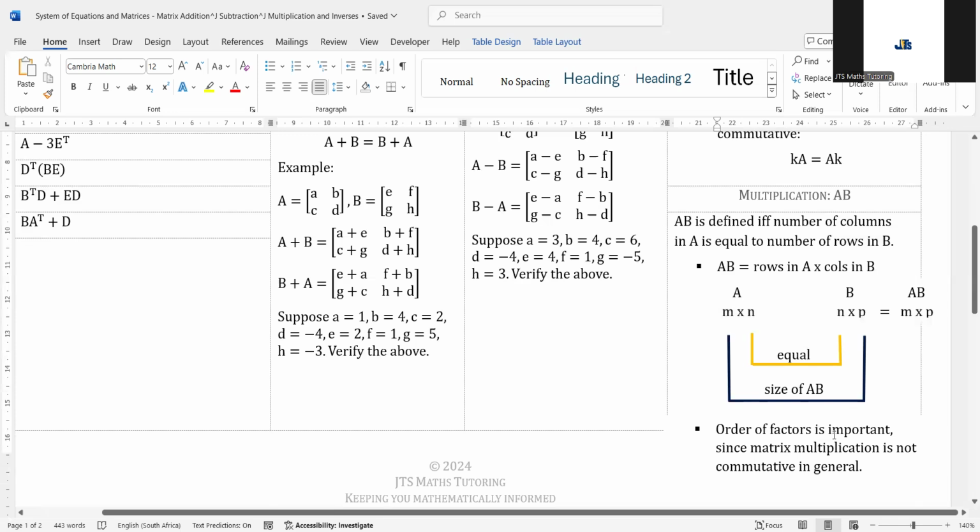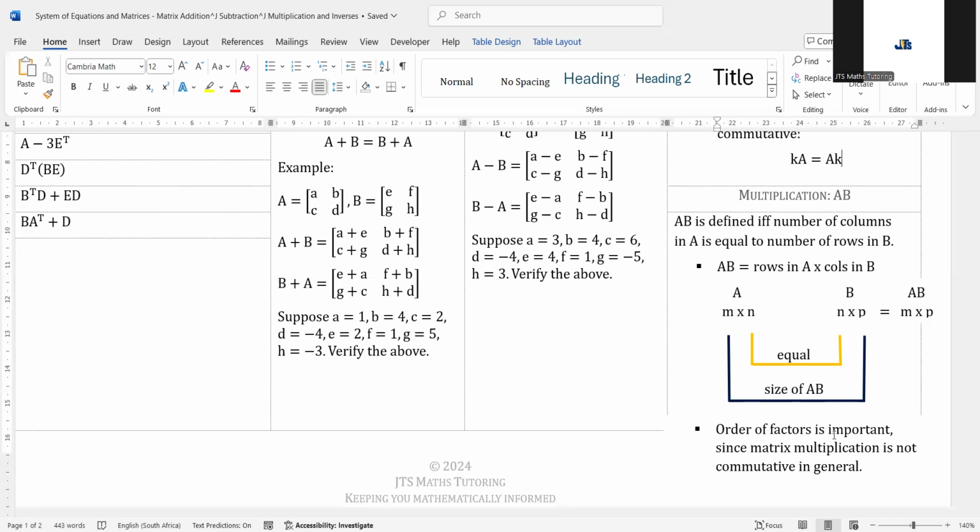Take note, order of factors is important since matrix multiplication is not commutative in general. You find cases where it's going to be commutative, and we also have special cases where it's going to be commutative. And you're also going to find questions whereby we impose some conditions on the matrices for them to be commutative. Right, but for now, let's go and answer